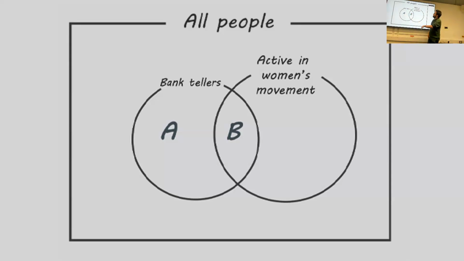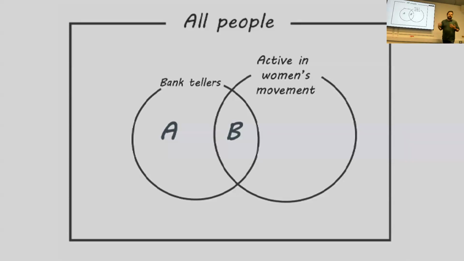So she could have all these things, but she's not active in the feminist movement because she has a child and doesn't have time or something like that. So there's a lot of options in here that also include all the options in here. So that's an example of a kind of bias that people found. I know there's problems with these. I'm not going to question them right now. But